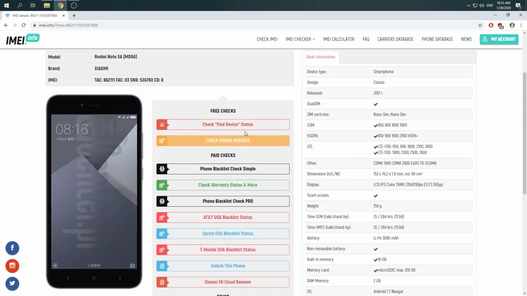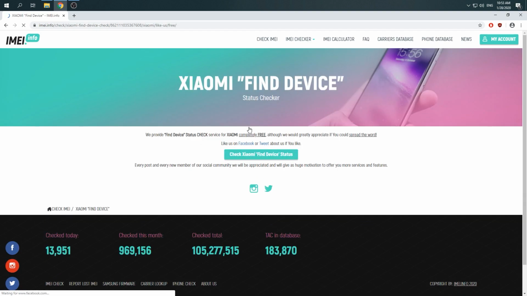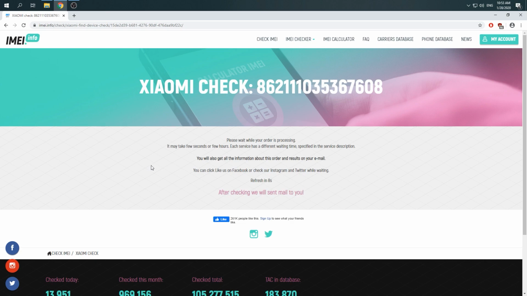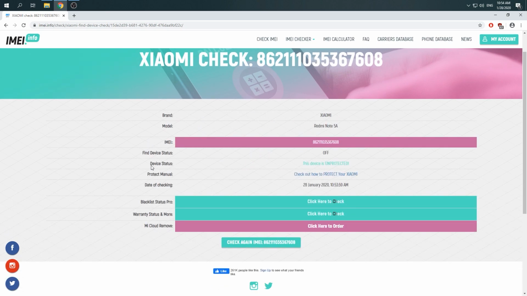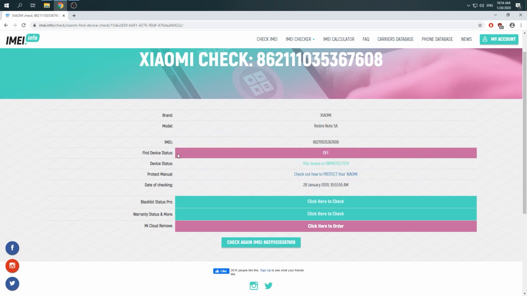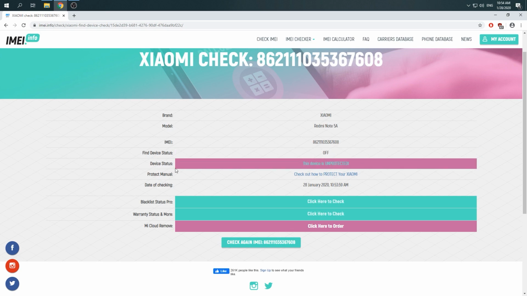Then you should choose check Find Device status. Click again at check and wait 10 seconds while your order is processing. There you go. Here you can come up with plenty of very useful information. Here is Find Device status. So in our case, Find Device status is off, so device status is